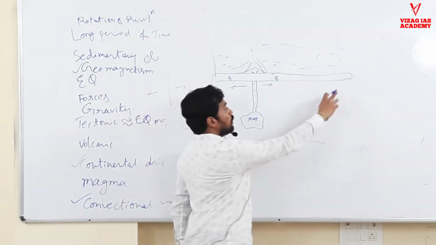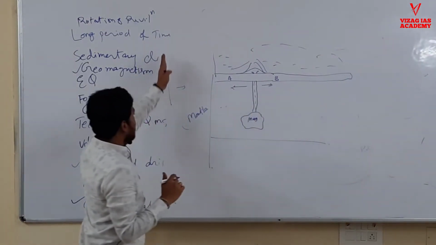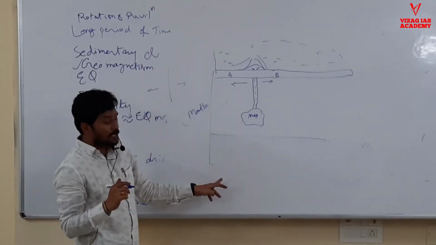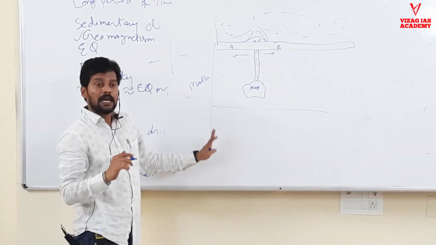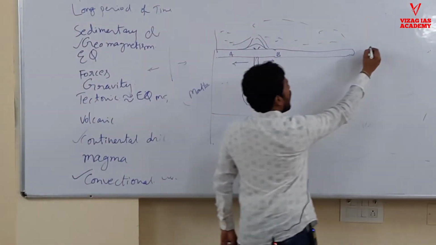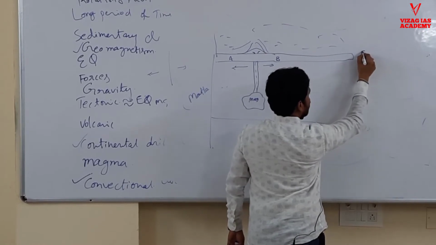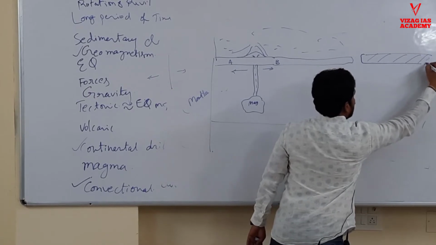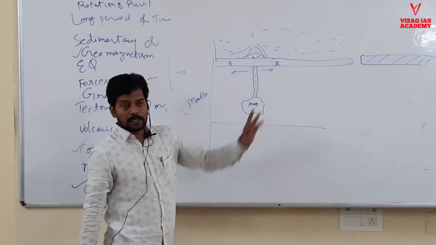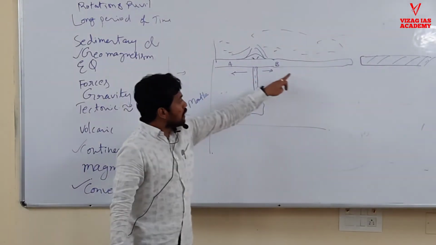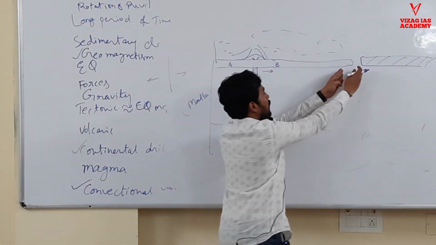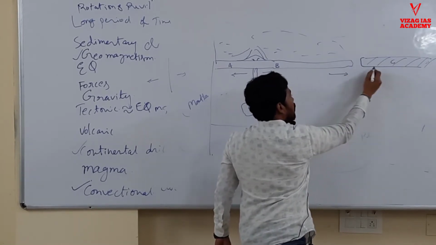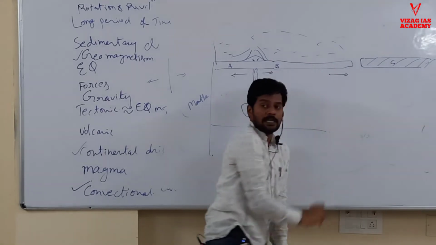Okay, this ocean somewhere, see here, the Atlantic Ocean I have shown you. Here Europe is there, here Africa is there. Like that, here some continental crust is there. When it is spreading, what will happen here? These two will come together. This is the sea plate. It is coming this side. Whether it is coming this side or not, it will become a convergent boundary.